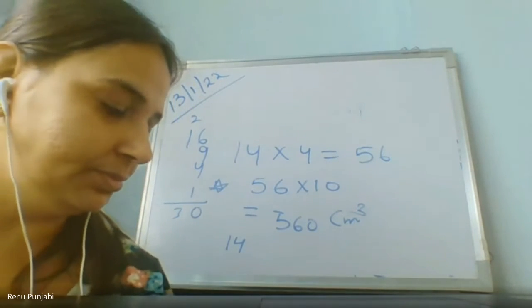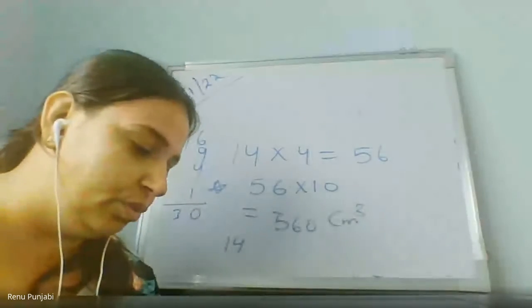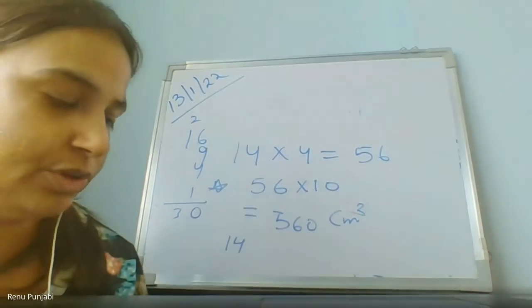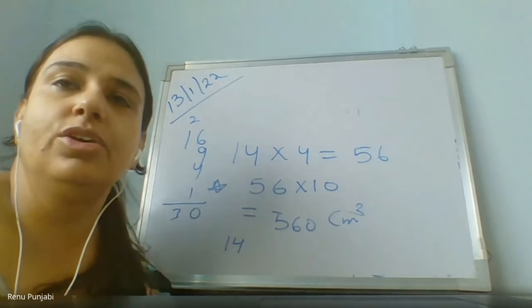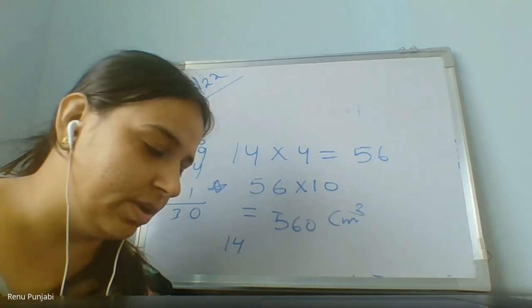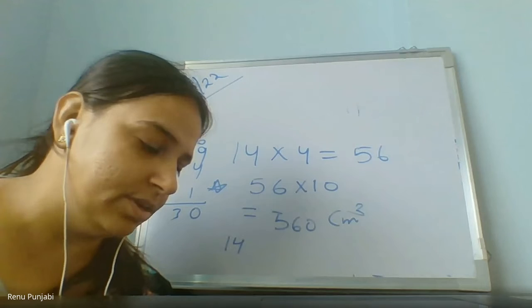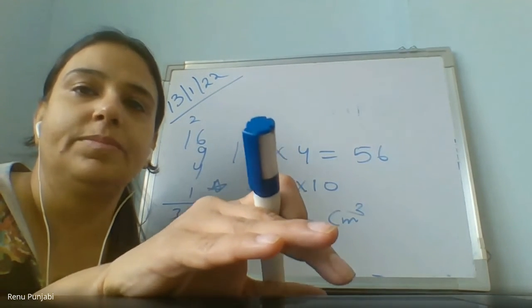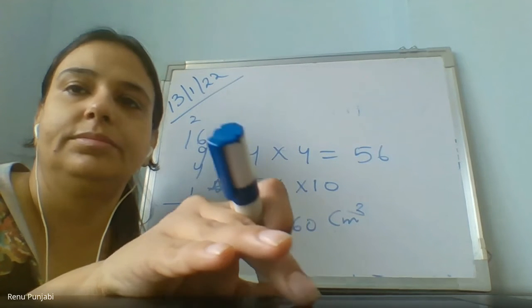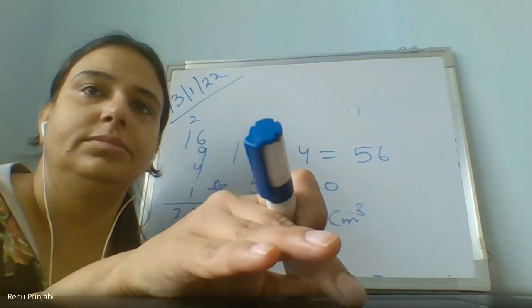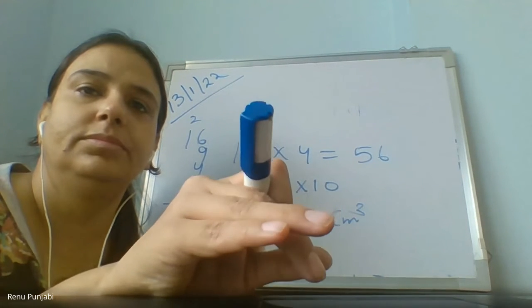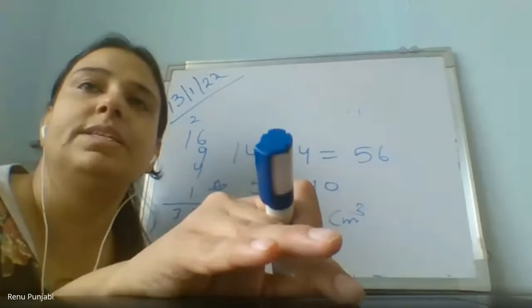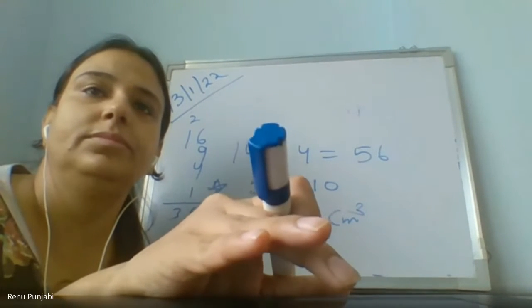Now, come to the next page, 194. How long is the side of your cube? See, when you take a cube of 7 centimeters, write 7 centimeters as the side of the cube. So first, you have to write 7 centimeters. Length, width, and height are 7 centimeters only. So all will be 7 centimeters, because one side is 7, so all sides are 7.